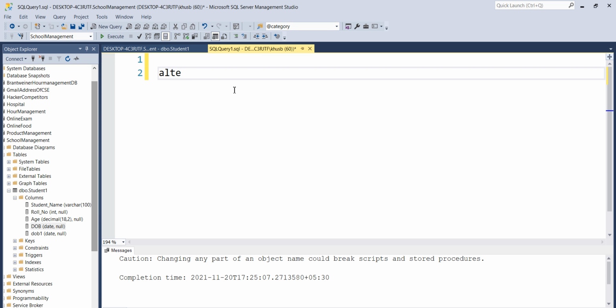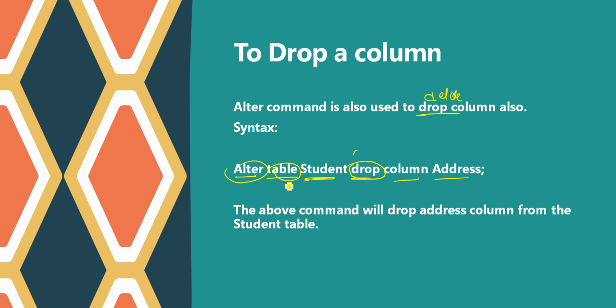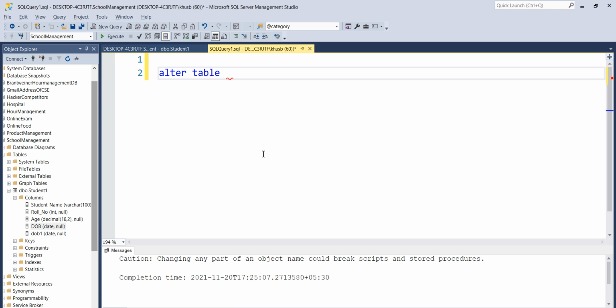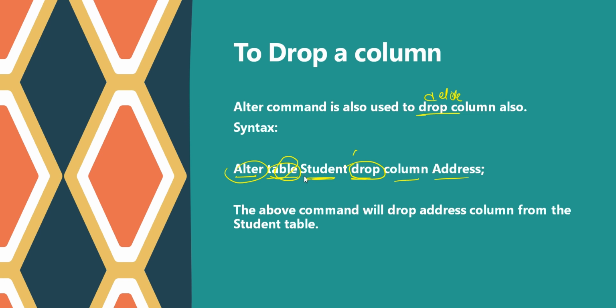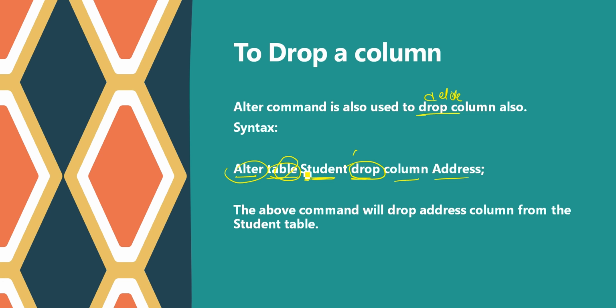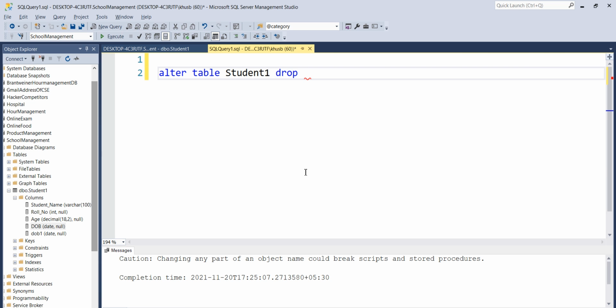So how can we do that? We need to use alter. We have the syntax like this one, alter, then the keyword table. We need to change the table. And what I want to do, I want to do this change in the student table. And next I want to drop, so I will write the drop keyword. And then which column I want to delete, I need to specify the column. So first of all we need to specify the drop command, and then we need to specify what we are deleting. So we are deleting a column, so we will write column and then the name of the column.